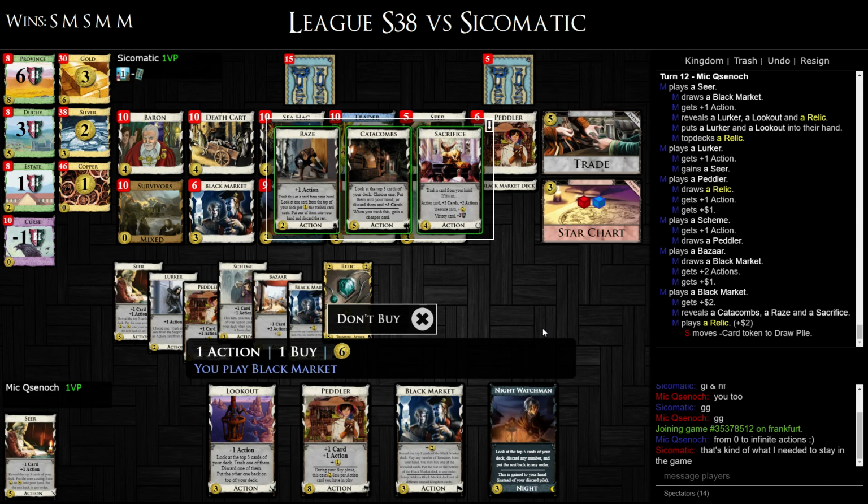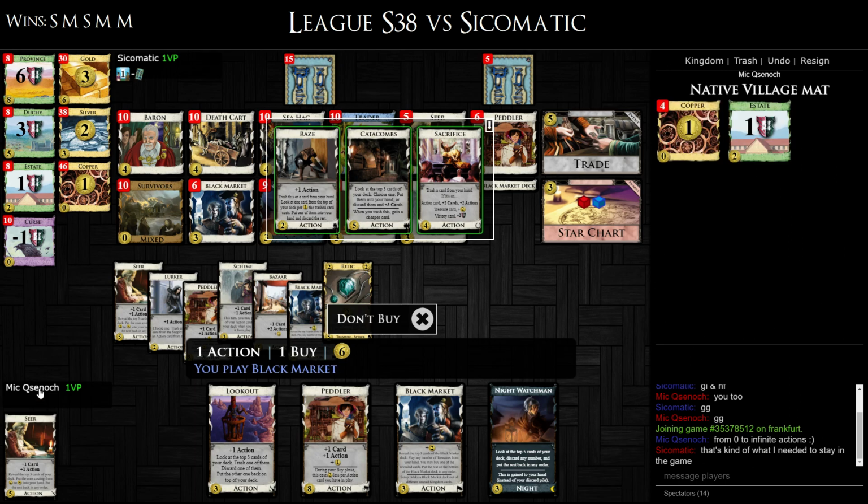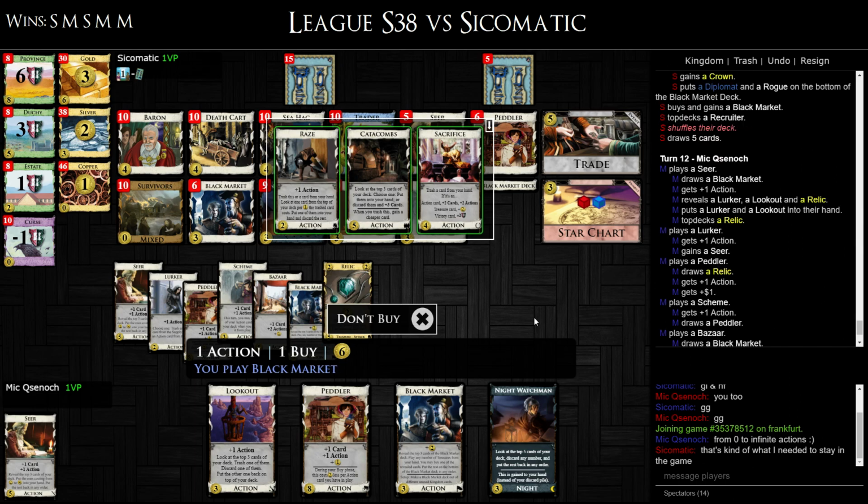In combination with Lurker, the sacrifice is okay, but I feel like my Lurkers are going to be spoken for already. My fear here is if I buy the sacrifice, that I don't get... I'll have 5, so it's not that bad. I just feel like it's going to get in the way. It would be nice to kill the Lookout, but...